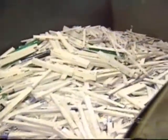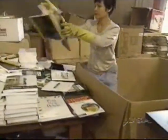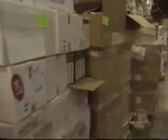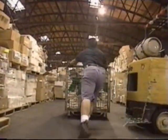Okay, what we have here are all the spines that we're cutting off the books, really for two reasons. Number one, fiber's fiber, so everything is recyclable. The spine part is recyclable. We're going to separate the book covers off of this, that's recyclable, and also what we're really after is the center of the book, which is the manifold white ledger, which is the highest recyclable piece of paper. Trotter goes through about 600 to 800 tons of paper each month. An outside mill recycles it back into paper, but if you prefer plastic, wait till you see what they do